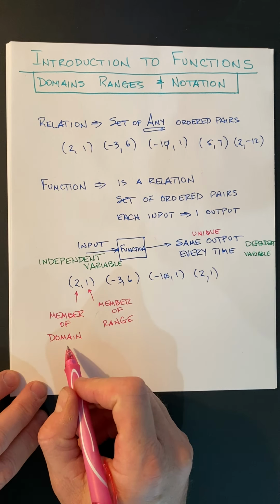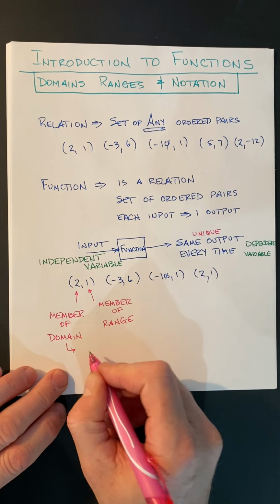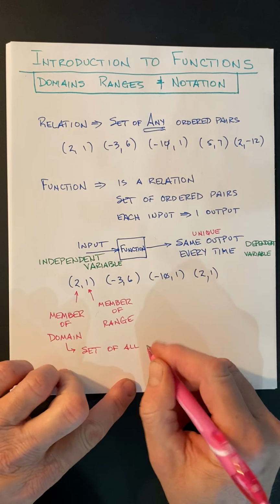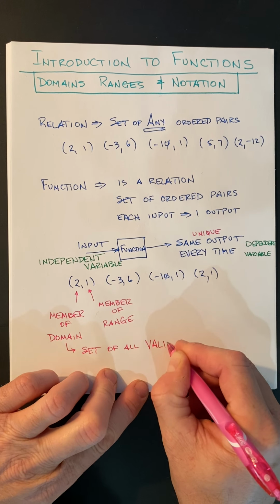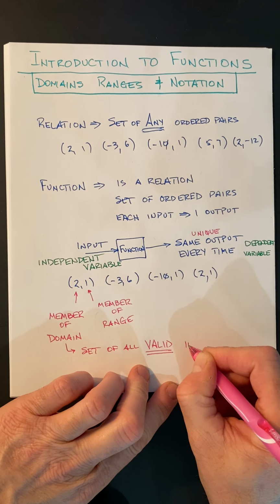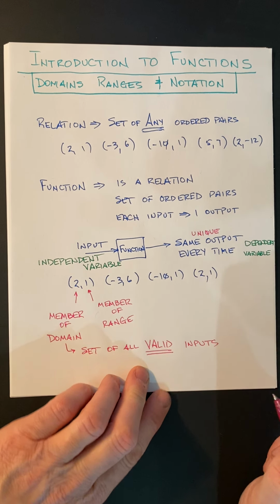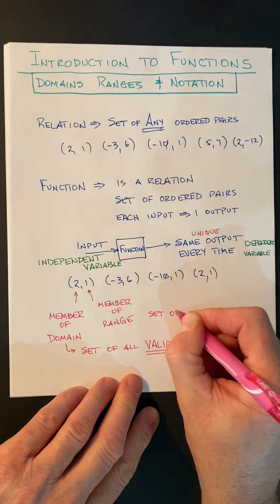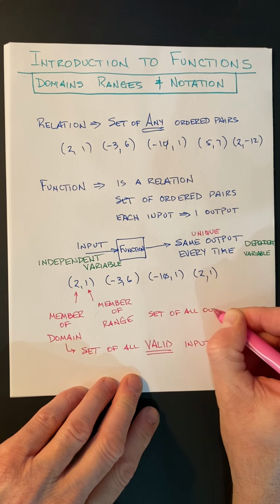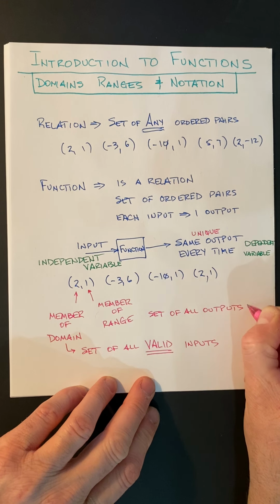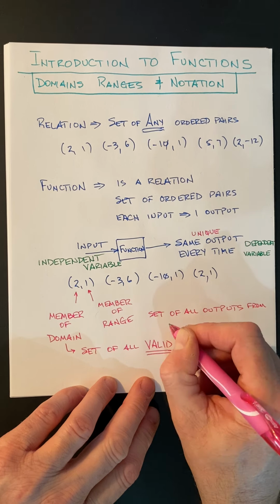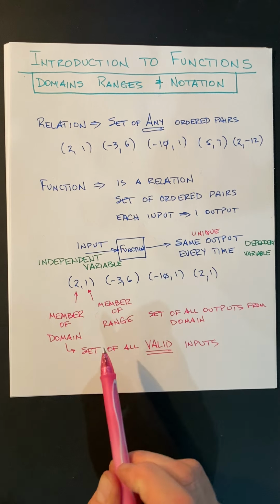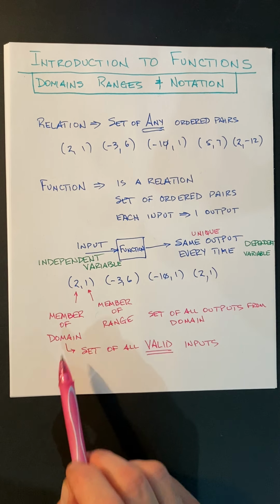But really, the domain is the set of all, important word here, valid inputs, okay? And then the range is the set of all outputs from the domain, okay? So I can't have a member in the range unless it was produced by the domain,